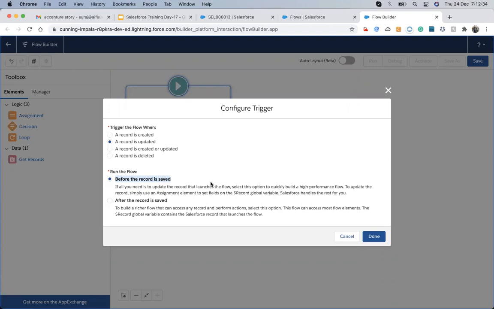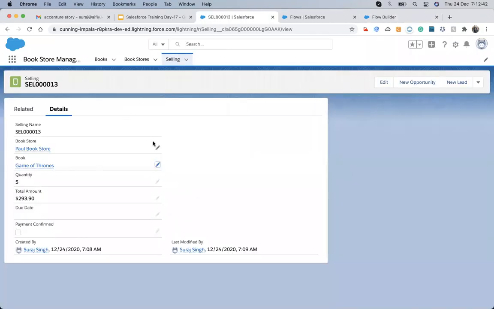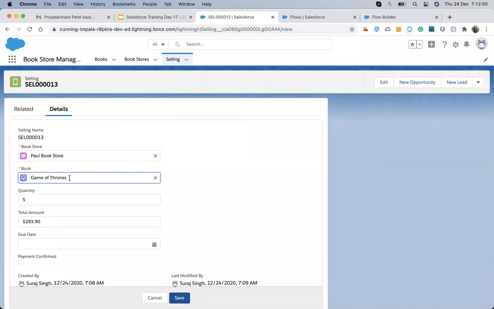when we have to update or make changes in the record itself, the self record. Self record means I make changes in this record, and whenever the book is changed, our trigger will fire. That's okay, we are familiar with that. But when the flow processes, after the processing it will update the total amount. It will capture the rate, multiply it with the quantity, and update the total amount field. So it is also updating the selling record,